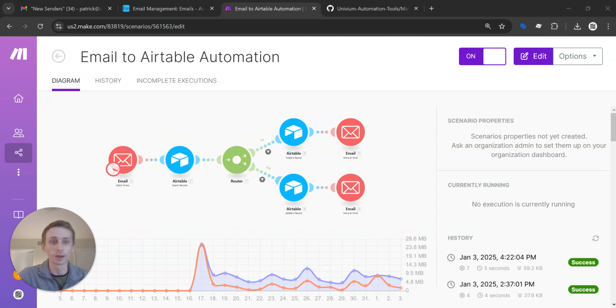Today I'm going to show you how I currently automate my email inbox with make.com. And I'll just go over it. It's a relatively simple automation using Make. I use my Gmail account and I use Airtable to try and get rid of all the unnecessary